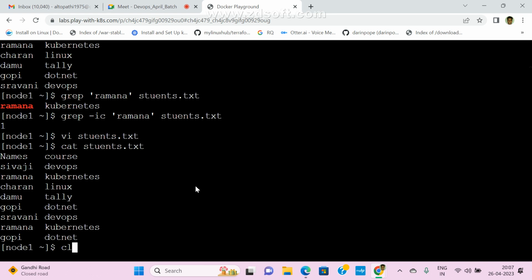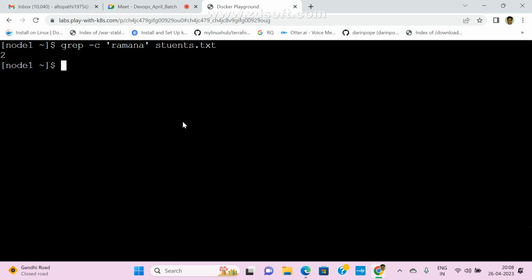Now I want to search for a particular string. The command is grep, and for example I am giving Ramana and the file name students.txt. To check the count, we can use hyphen c. See here, 2 times.